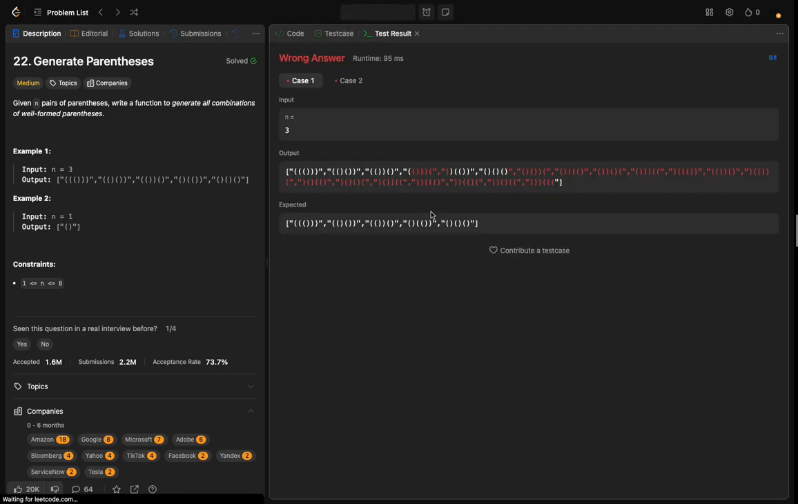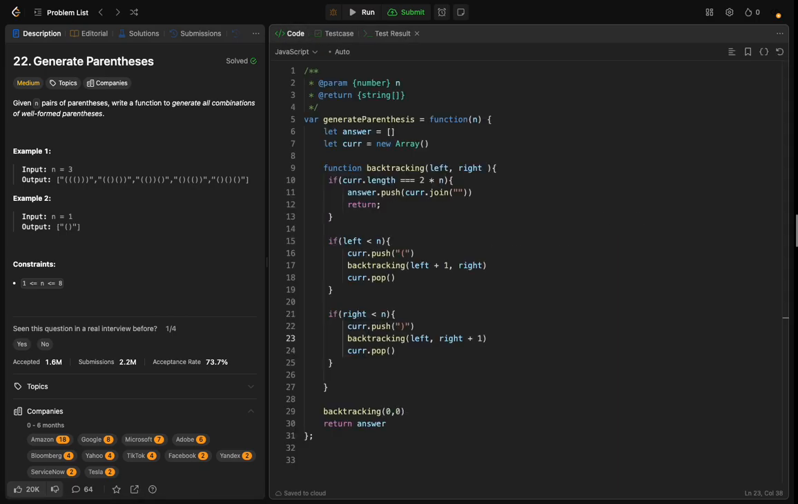Let me run it and make sure that it's working. It didn't work as expected, so let's see why. I have the current string, the answer, the new array, and the backtracking. I have left and right. I say if the current string length equals 2 multiplied by n, answer.push(current.join). Okay, and return. If left is smaller than n, current.push, and I call backtracking again with left plus 1 and right, and I do current.pop, and if